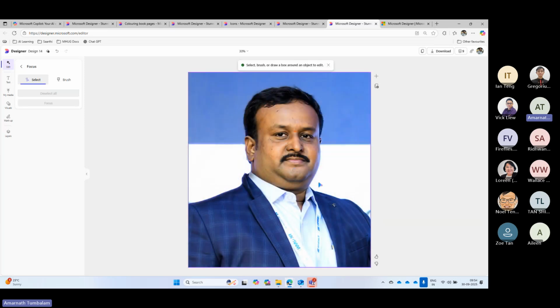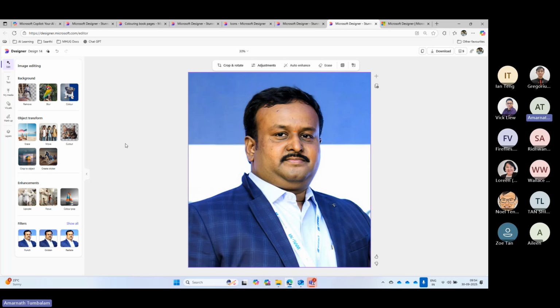We are able to pick specific areas we need to focus on and adjust the colors and other resolution settings. And there is an option even for color pop. You can choose specific colors and change them. These are all possible. Now, earlier, before AI, before this kind of tools was available, for this, we